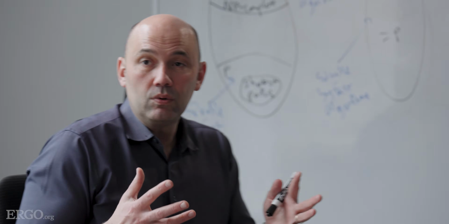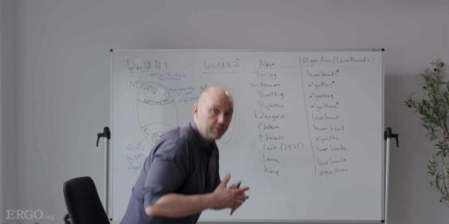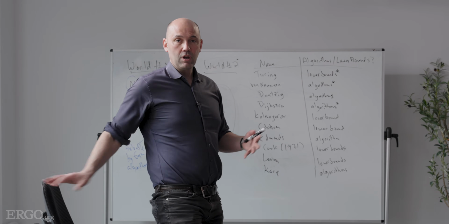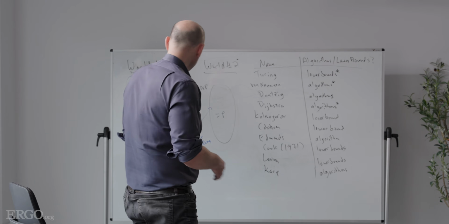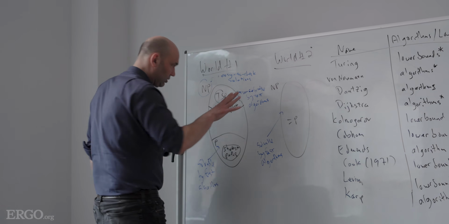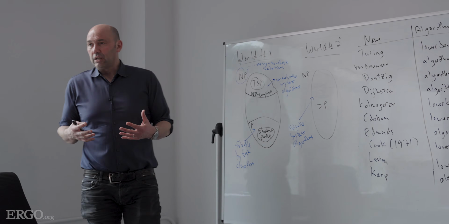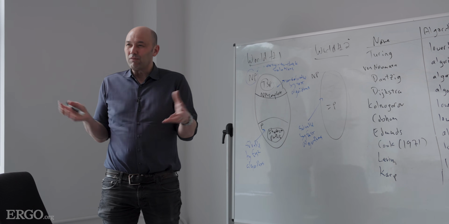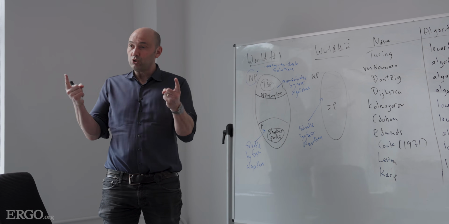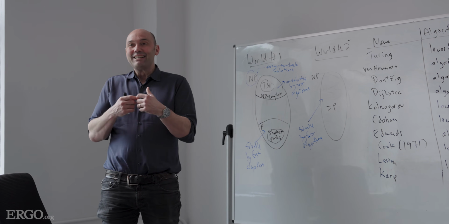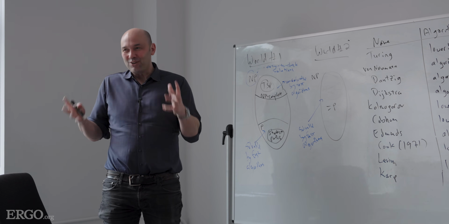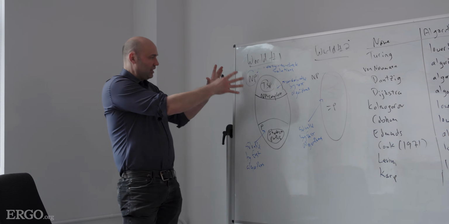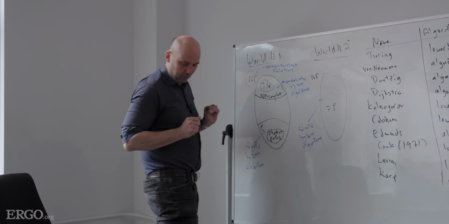So let me remind you how to visualize this now unified open question about whether all NP-complete problems are efficiently solvable or whether none of them are. This is the same picture from the last episode. Basically, we're in one of only two worlds. That's the power of NP-completeness and the universality of NP-complete problems. There's only two possibilities. They're very different. We don't know which one we're in, which is frustrating and maddening. But the world either looks like the thing on the left or the thing on the right.